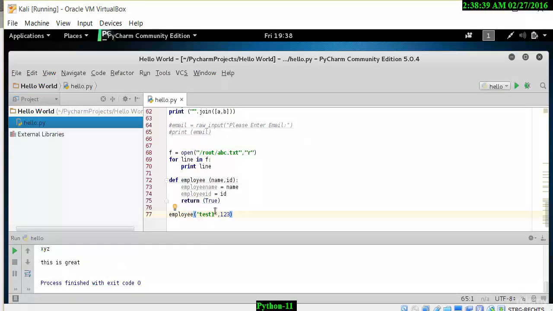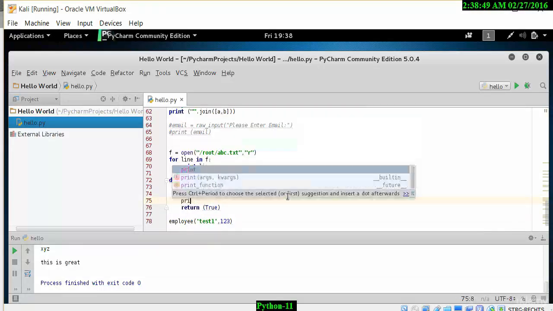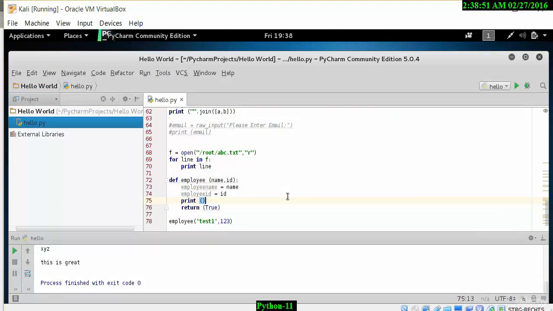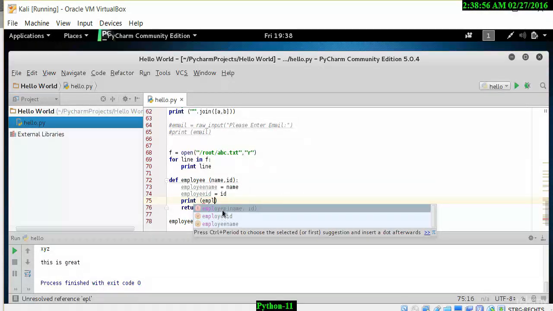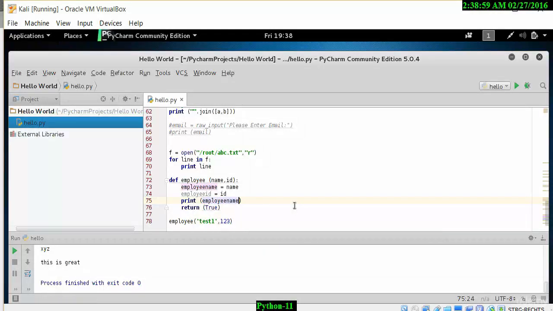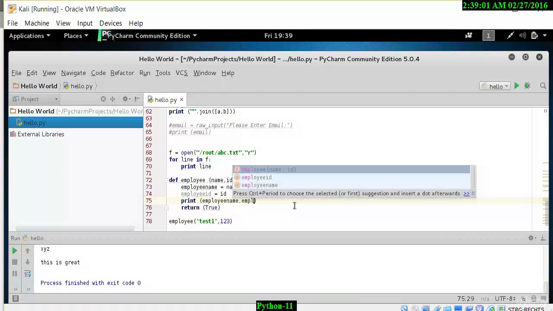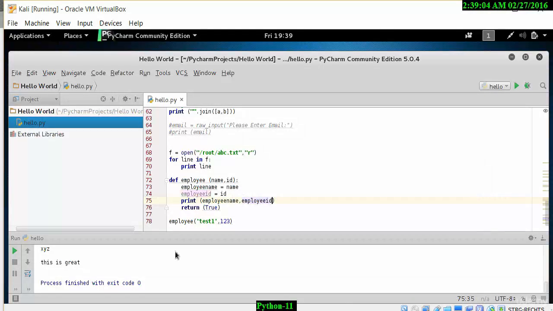Now, nothing really has happened because I haven't printed anything here. So let me go to the line before return the value of true, and let's print employee name and employee ID. Let's do that by typing in print employee name, comma, employee ID. Now what should happen is when I print this, let's have a look. It has returned the username and ID, because I have called the function in the line below,